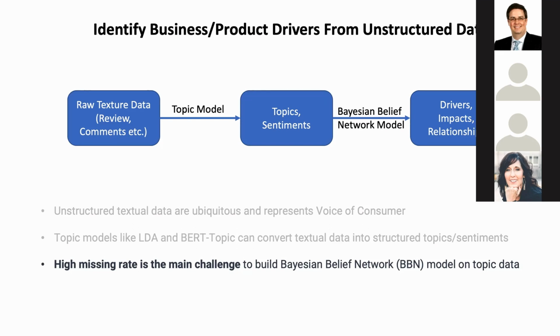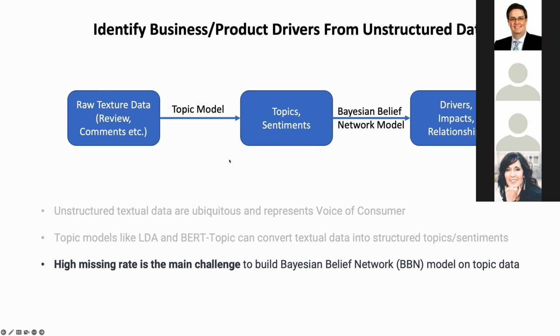So in this sense, there is huge missing data in your table. In each row, you essentially only have a few topics, a few sentiments. So this presentation is going to focus specifically on how we handle this high missing rate,